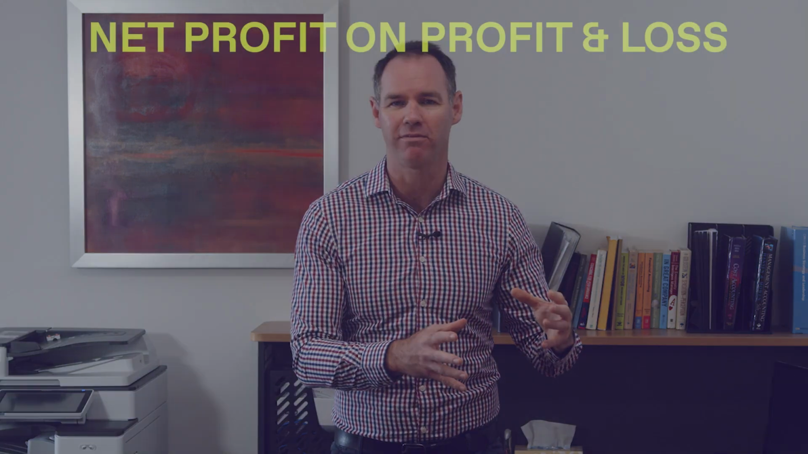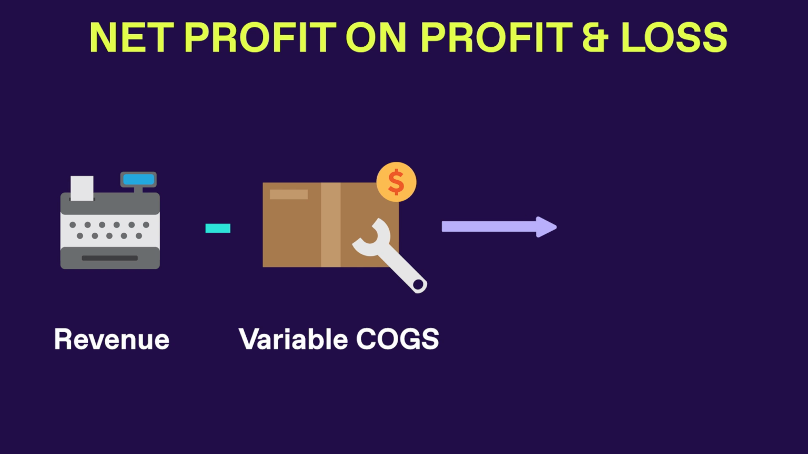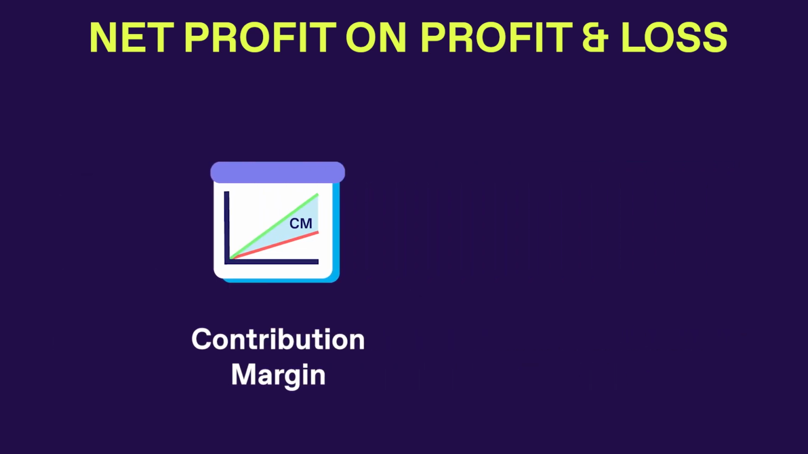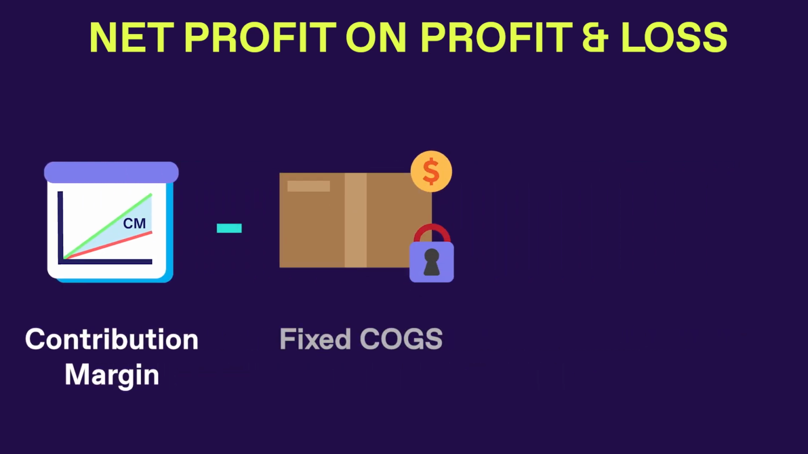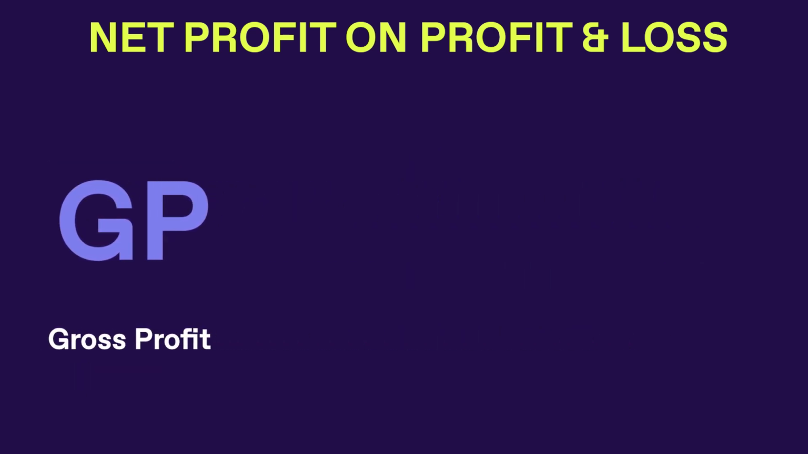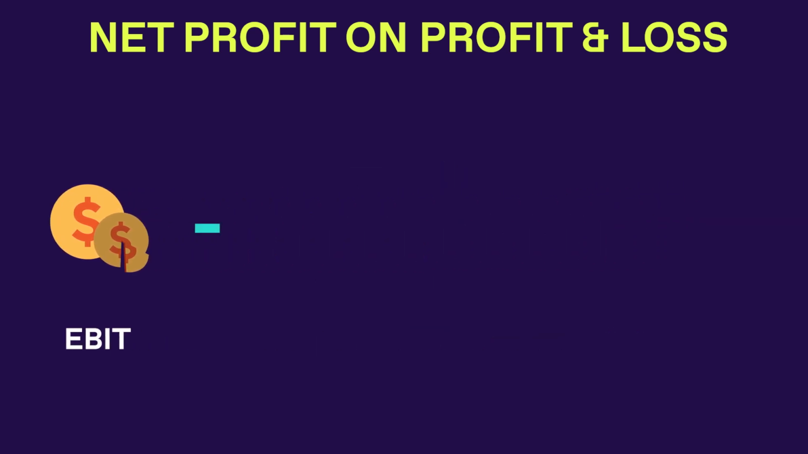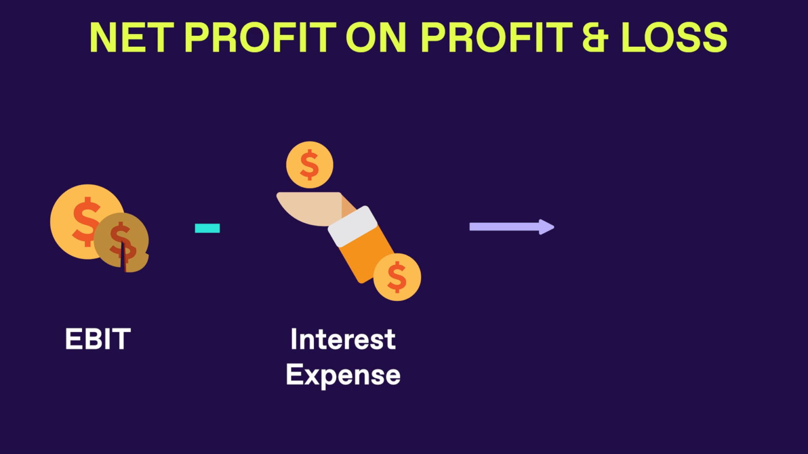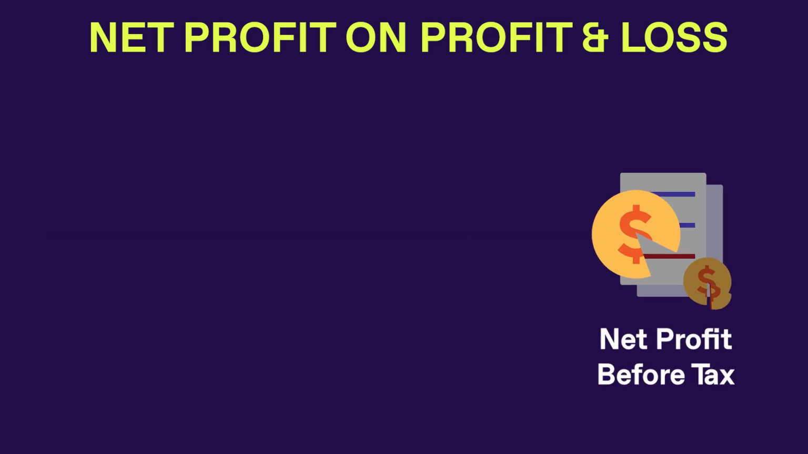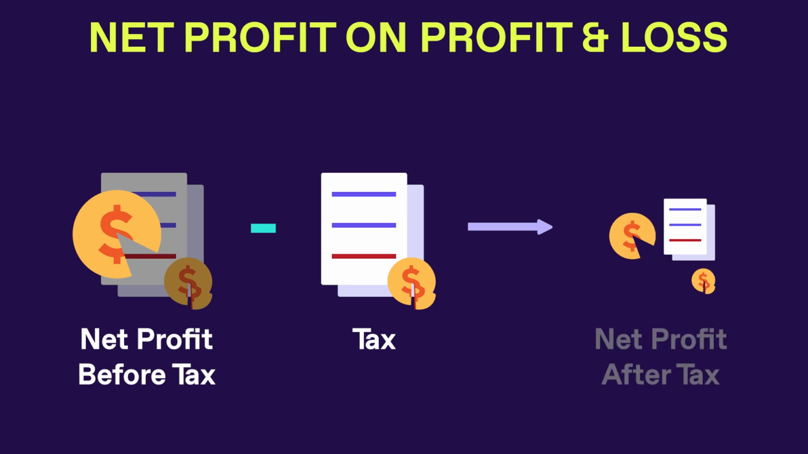loss to get your profitability is your revenue minus your variable cost of goods sold to give you contribution margin, your contribution margin minus your fixed cost of goods sold to give you your gross profit minus your overheads to give you your EBIT, your earnings before interest and tax, your EBIT minus your interest expense to give you your net profit before tax, then your net profit before tax, taking away your tax to give you net profit after